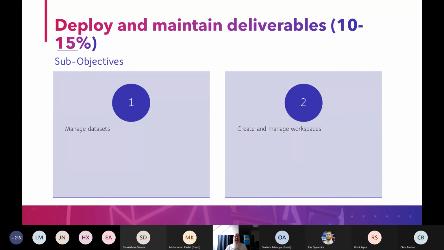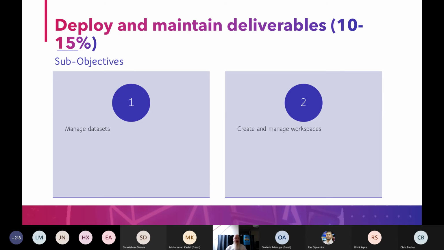Then finally, the last bit, this is where it gets more enterprising. So how do I manage? I'm going to work for an organization. We've got lots of different data. How do I manage those? So row level security comes in here again. So how do I tie row level security to Azure AD groups? So how do I make sure that we're linking so I don't have to manage every single user and set every single user up, but access to data sets. So you need to understand how